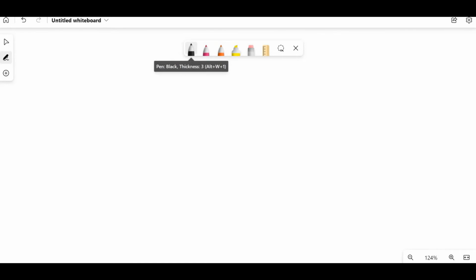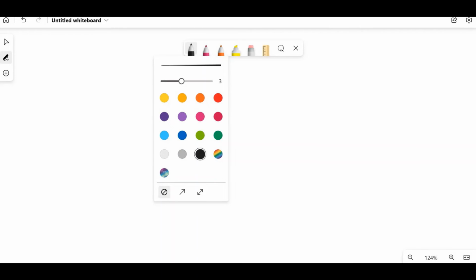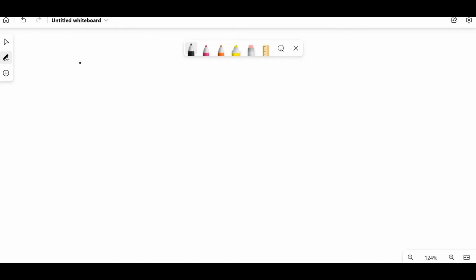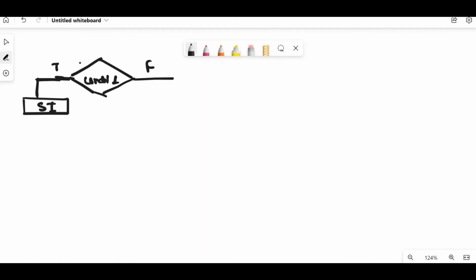Okay, so the flowchart we can draw like this for this if else if statement. First of all there is condition 1. Just remember the previous algorithm. So it is condition 1. If it is true, it is going to execute statement 1. If it is false, it will go and check